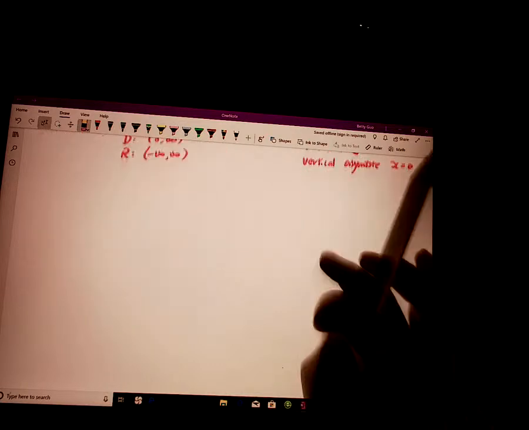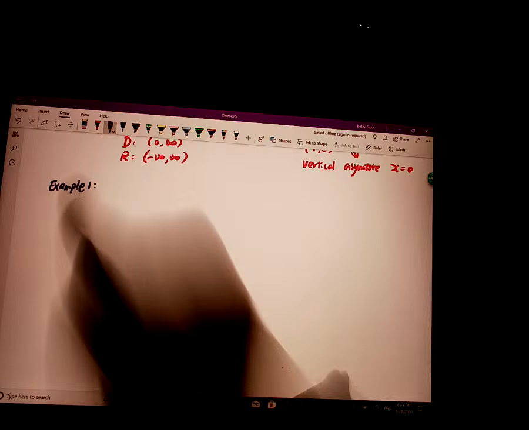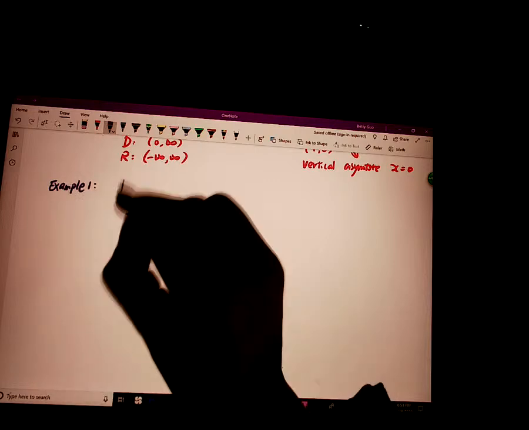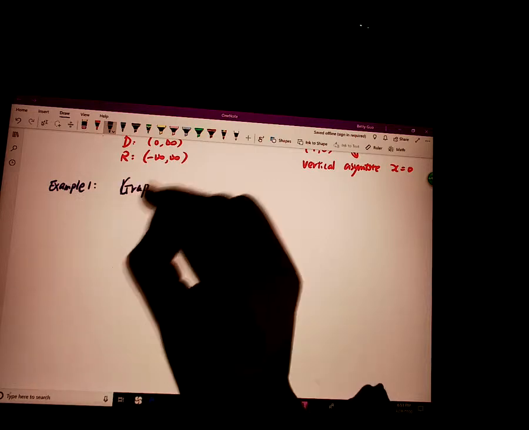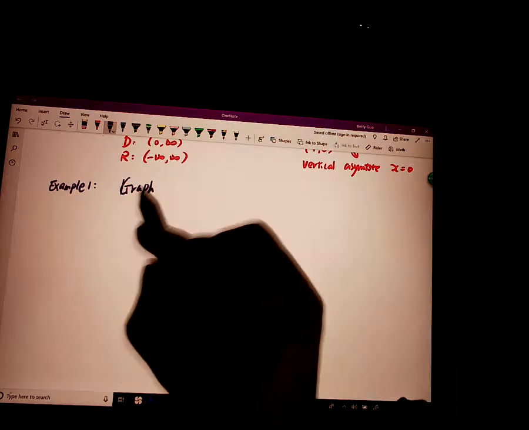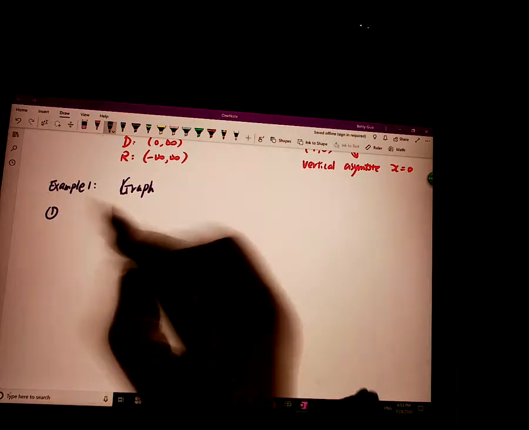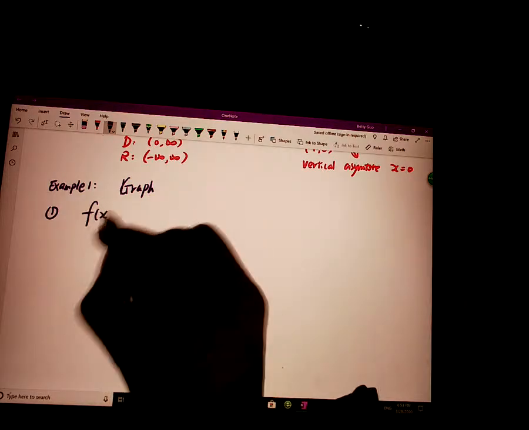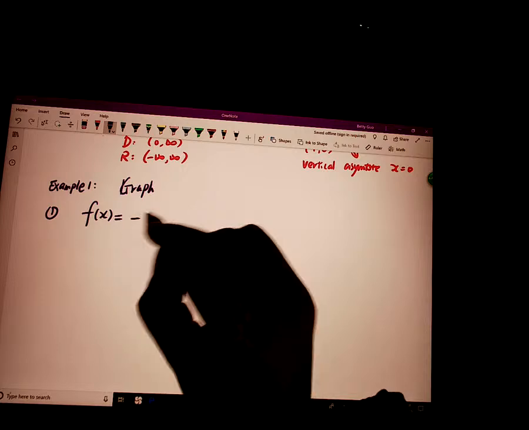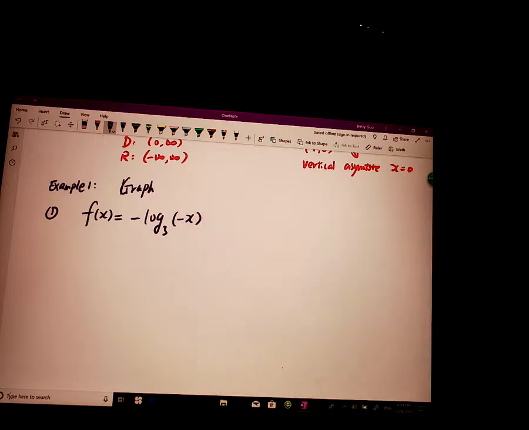Example 1 on the notes. We need to graph. We actually had a similar example in previous videos about the exponential function, but here is a logarithmic function. Graph the function. The first one, f of x equals negative log with base 3 of negative x. Of course, you could use the graphing calculator to do the job, but I'm going to use the transformation